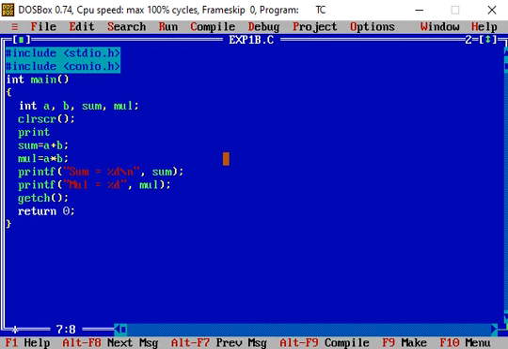printf, and within open and close parenthesis of the printf function we include the double quotation marks, and between double quotation marks we write a message to the user: enter two integer numbers,